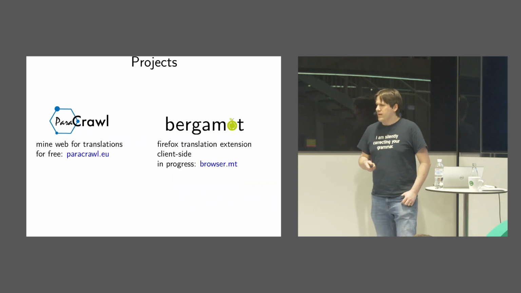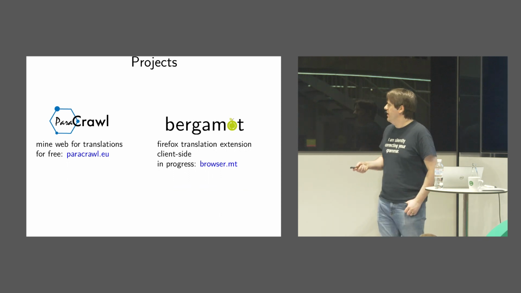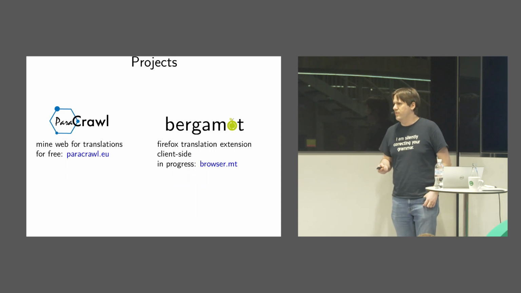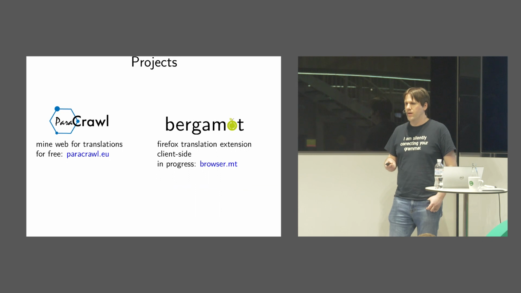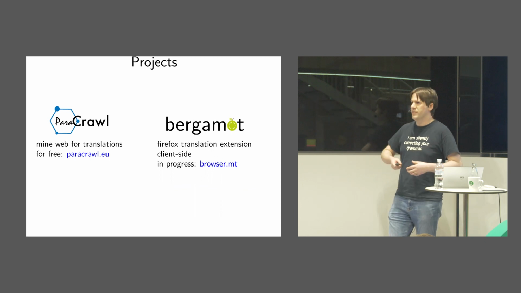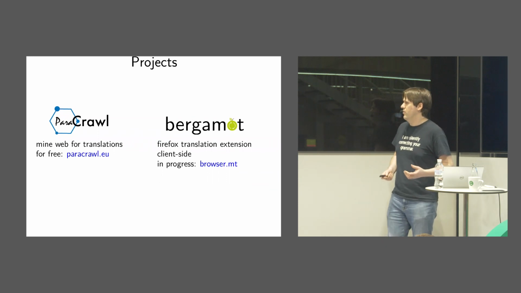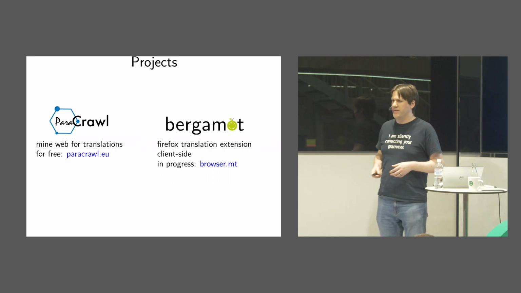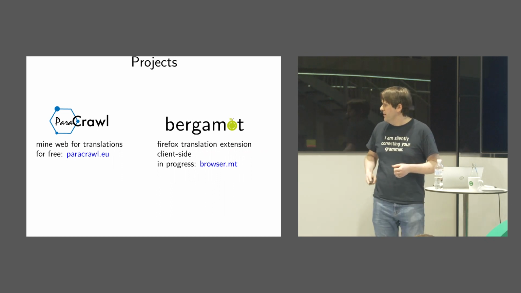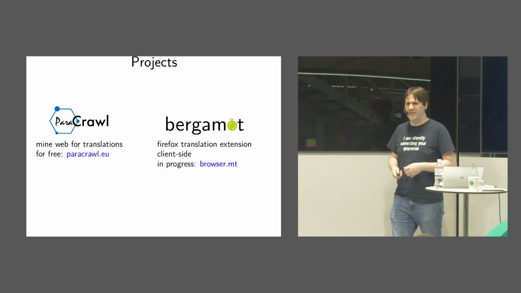But we wanted to make this even closer to the users. And the idea in the Bergamot project is to actually bring translation client side to the user. And the reason for this is it preserves privacy. Rather than go into an online service where you might have your HR documents or something under a non-disclosure agreement, you can run it client side directly on your machine. And our project website is there. We haven't launched a public thing yet, but we're working on it, and you can follow us on that site. I really like Malta, by the way, because they have the .mt domain for machine translation.